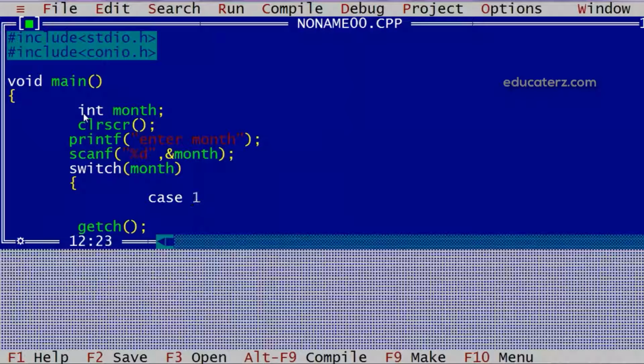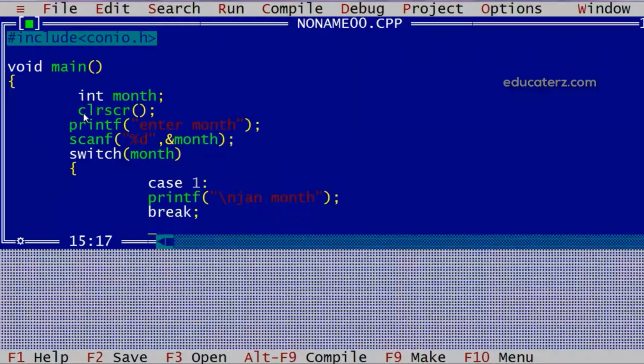Say case is 1, then we want to display that it is January. And then we'll have a break statement.